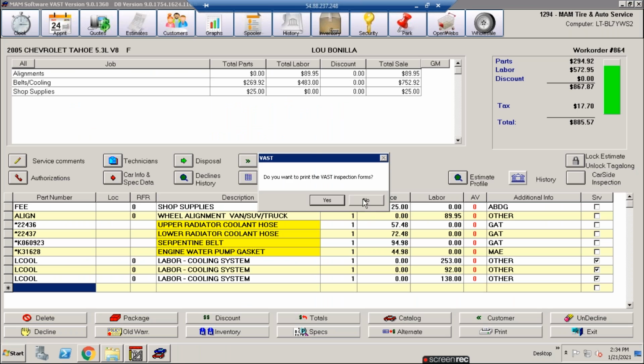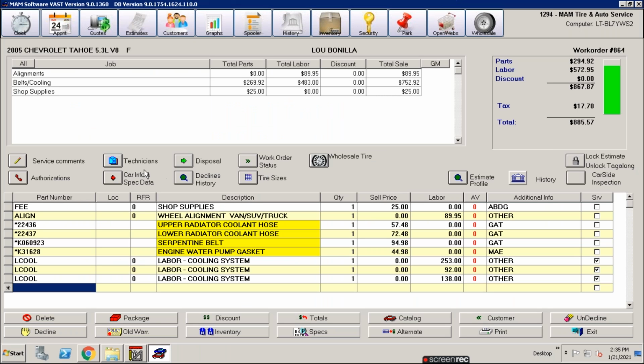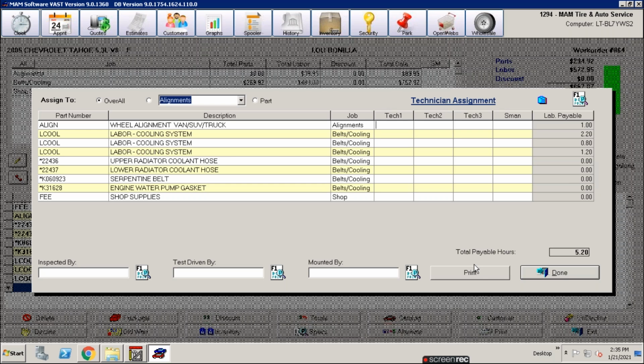So if I close that and I go into the technician and click print there, let's take a look at how the technician assignment sheet looks. As you can see here, we see the labor payable on the right-hand side of that screen. So when I print this,